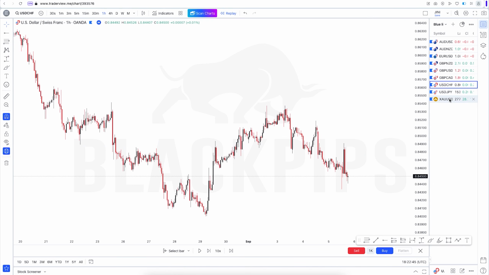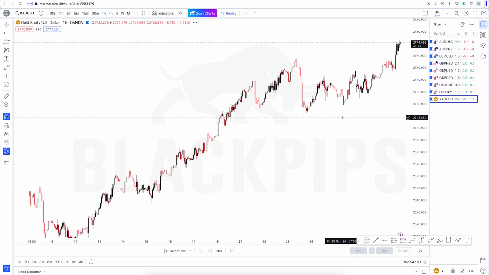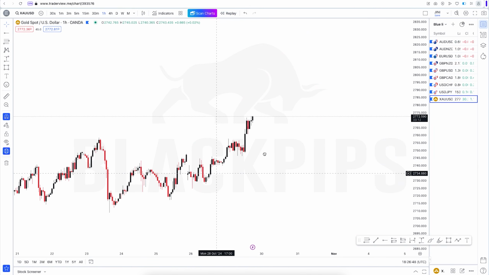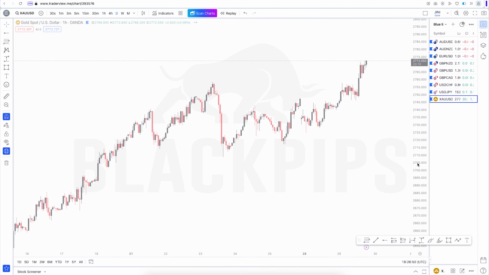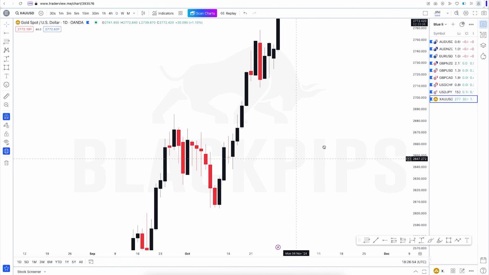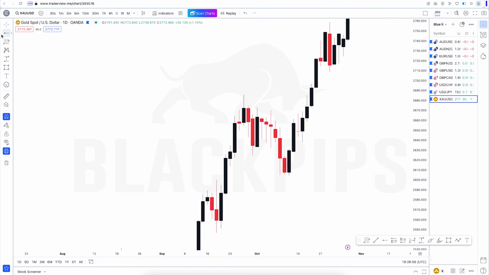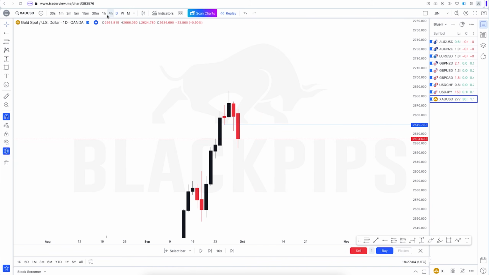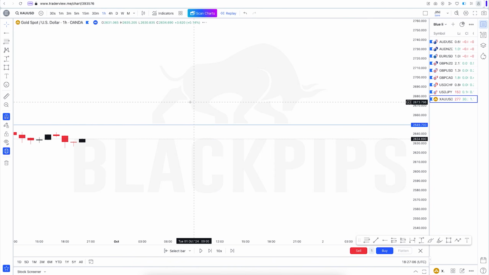But also another pair was SAR USD. The SAR USD, we took this entry from the daily time frame, and I took one entry. This was the change of character in the daily time frame, as you can see here, and the price just, after changing in the 1 hour time frame, you can see that we were having